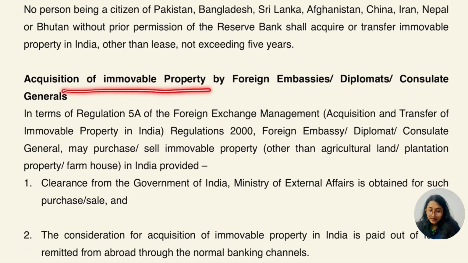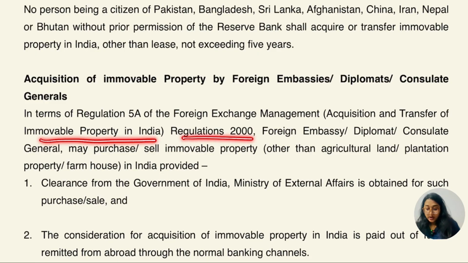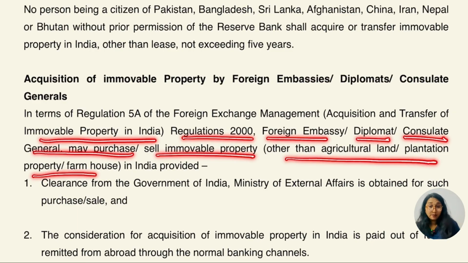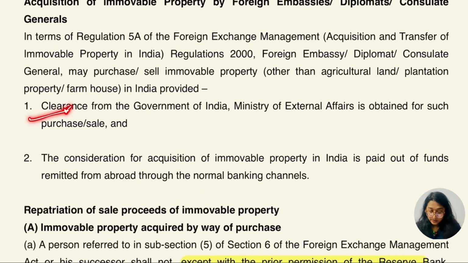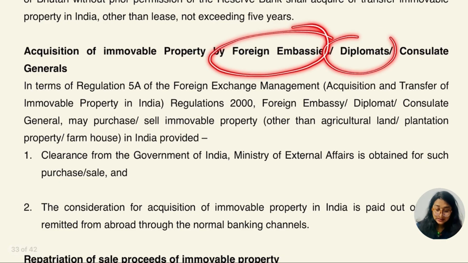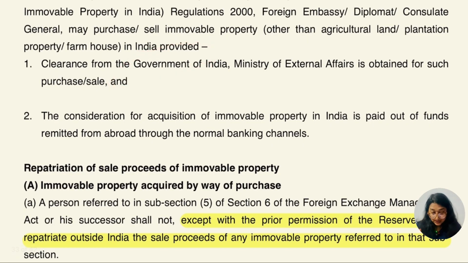Acquisition of immovable property by foreign embassies, diplomats, consul general. In terms of regulation 5A of the Foreign Exchange Management (Acquisition and Transfer of Immovable Property in India) Regulations, 2000, a foreign embassy, diplomat, consul general may purchase or sell immovable property other than agricultural land, plantation property, farmhouse in India, provided clearance from the Government of India, Ministry of External Affairs, is obtained for such purchase or sale by whom? By the foreign embassies, diplomats, consul generals. Okay, so they have to take the approval from the Government of India, with that, Ministry of External